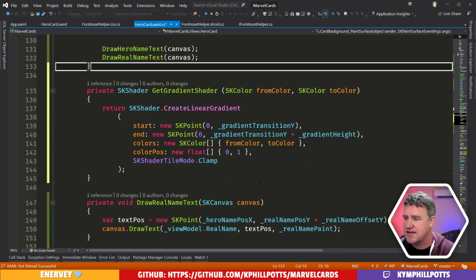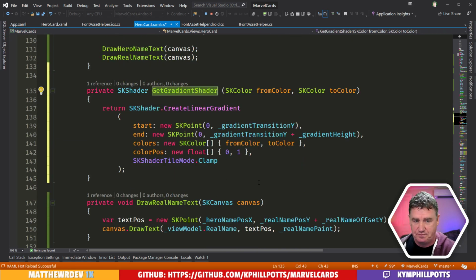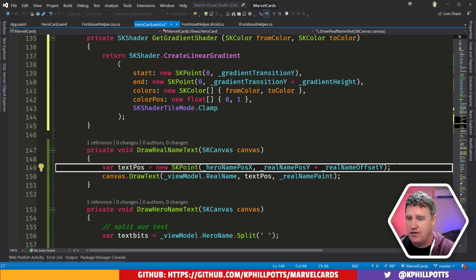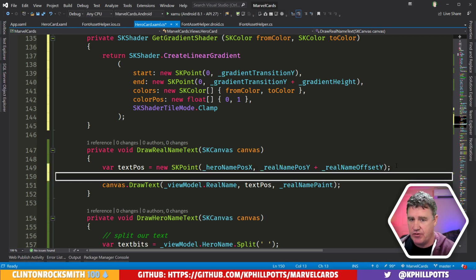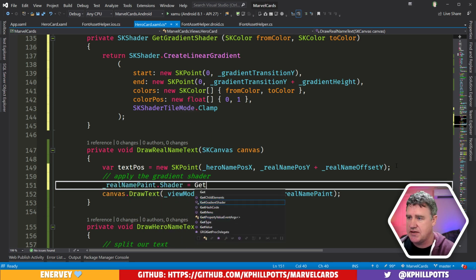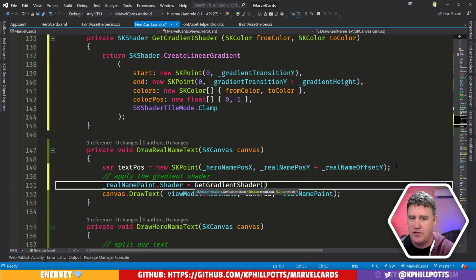All right, let's try this out. So we've got this gradient shader now, right? So the theory then is that we could come into here. I'm going to stop this first. We could come into here and we've got a real name paint. Apply the gradient shader. So I could say real name paint.shader equals get gradient shader. And it wants to go from,